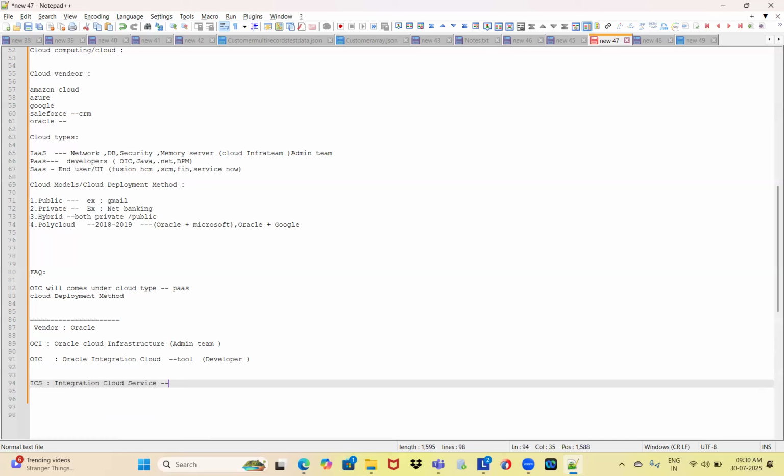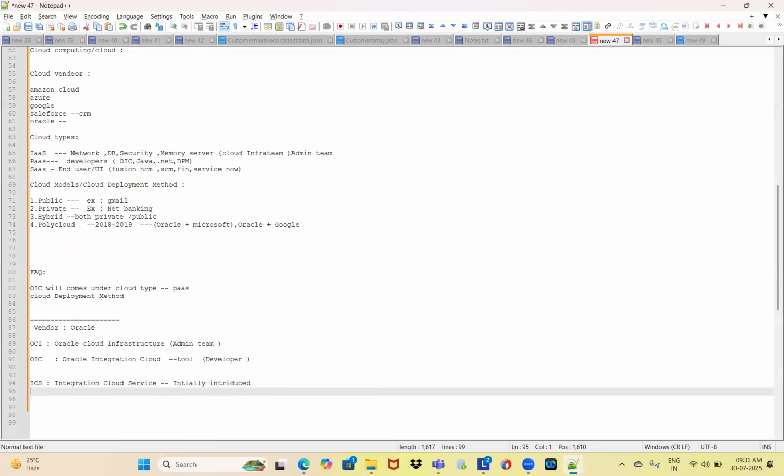Later they came up with OIC Generation 1. So this is the version, OIC Generation 1.